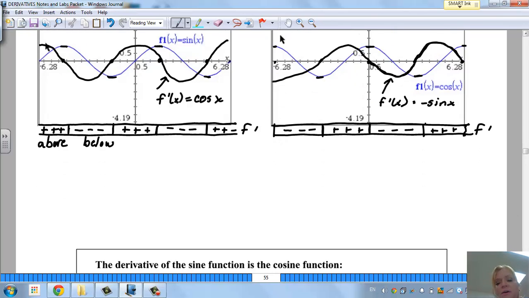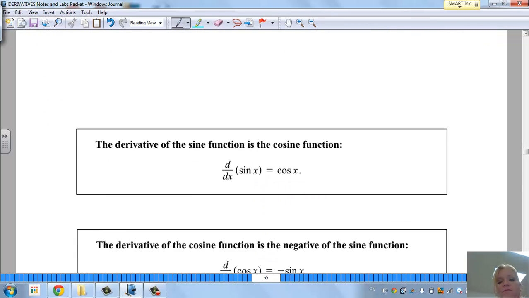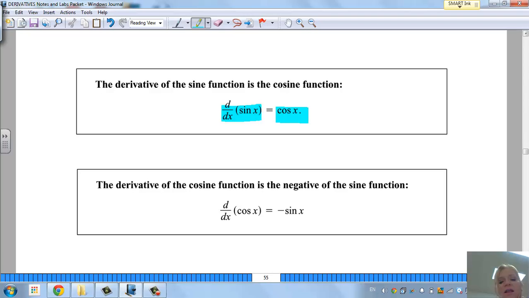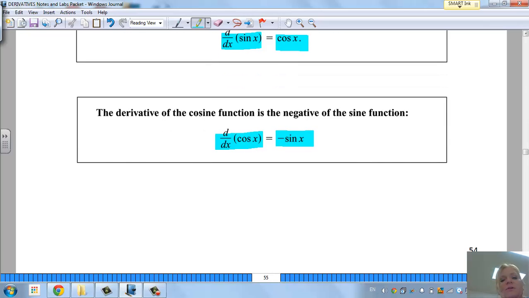So below here, now that we know where they come from, we can say if our function is sine x, the derivative is cosine of x. All right, and this should be on your derivative card. And again, the derivative of the cosine of x is negative sine. Now I do want to show you something really cool here in the bottom, and we'll be using this a lot later,